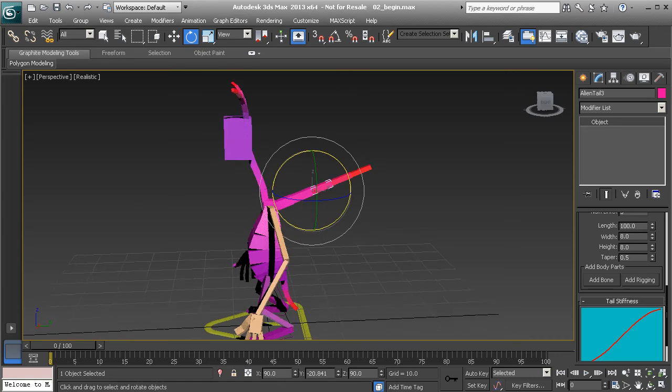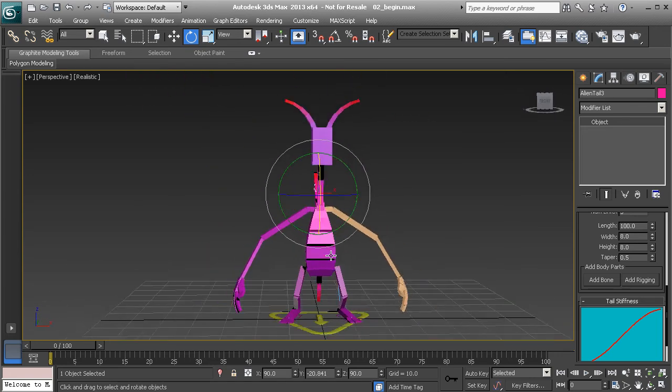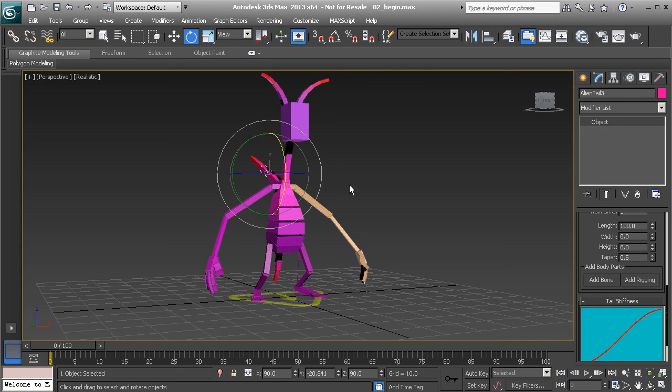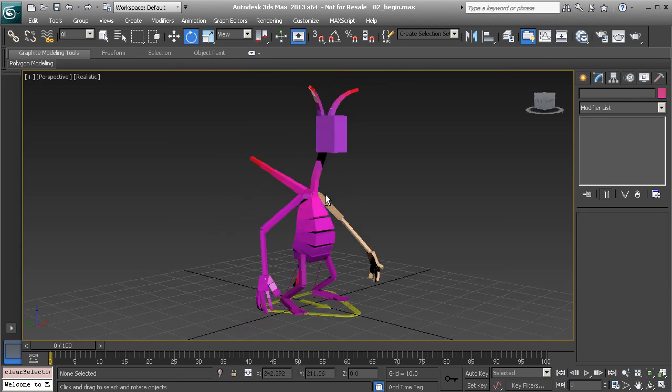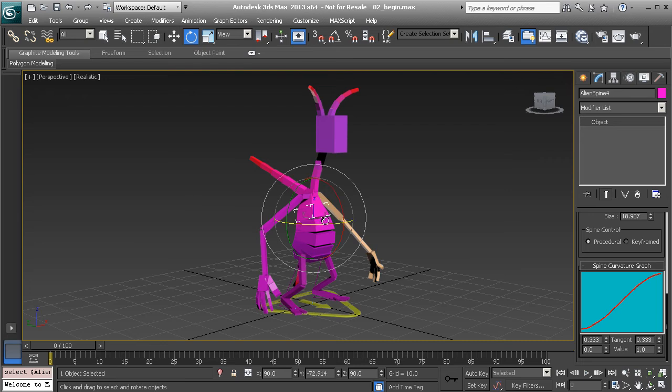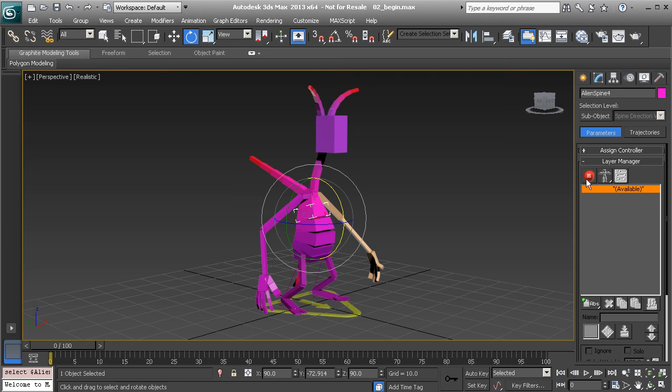All right, so let's go ahead and have some fun with this. Let's start to add some animation. Let's say we wanted our alien creature to now quickly walk. Well, what we can then do, just selecting one of the pieces here, is head over to our motion panel. Notice we have this layering system for animation. So again, we'll get into this further as we proceed, but I just want to show you how cool this system is. So if we were to head over to our layer option to add in a layer, you can see we have several choices here, but I'm going to choose the last option,